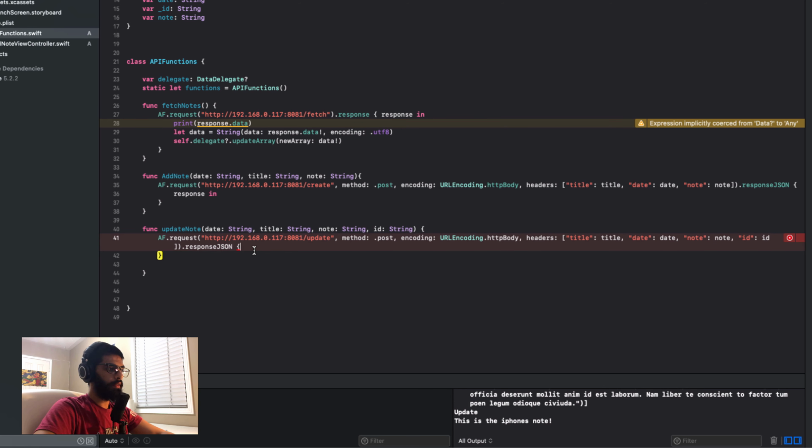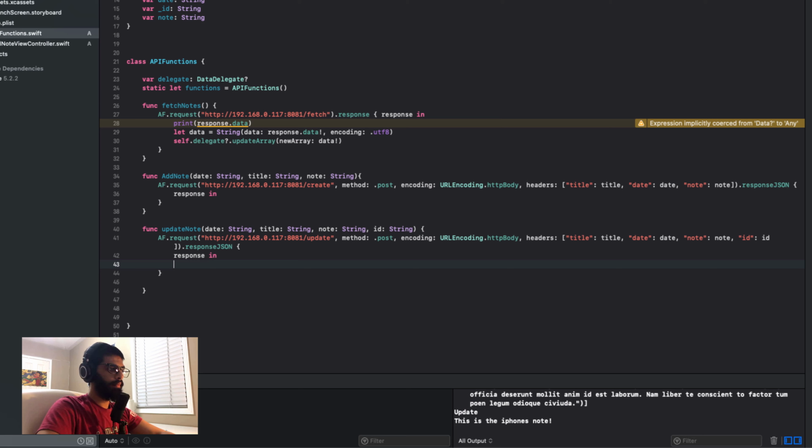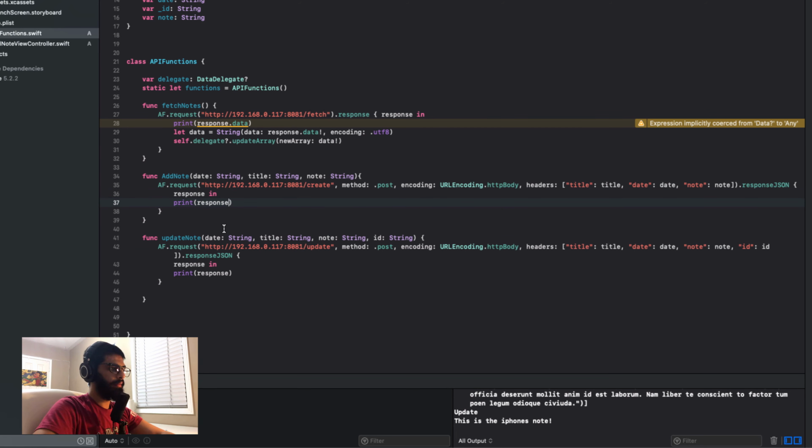And the reason it's giving me an error is because I haven't written response in. And then I can write print response like that. So I'll know if I failed or not. And for the add note as well, we should also add print response so we know if it fails or not. So now that I've got my update note function working,